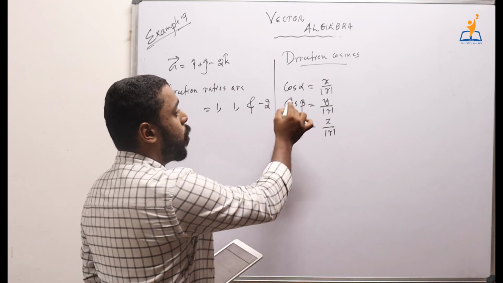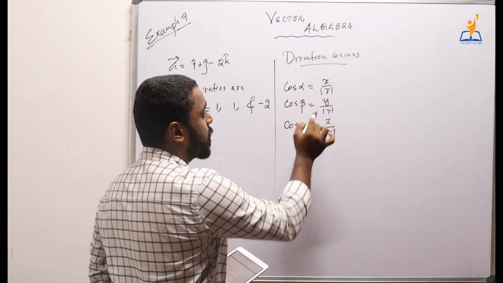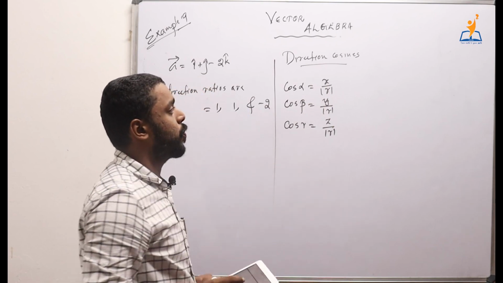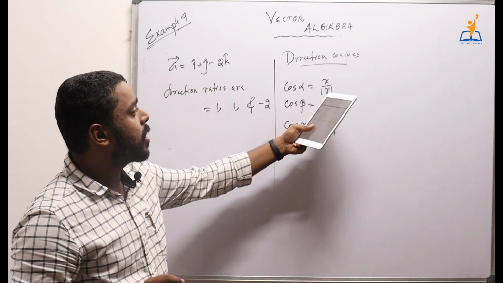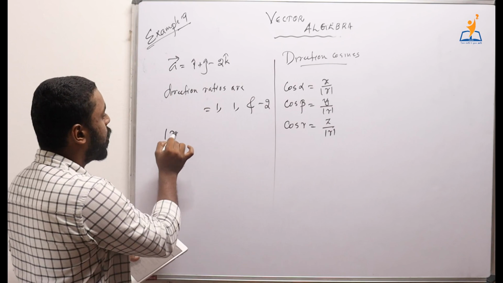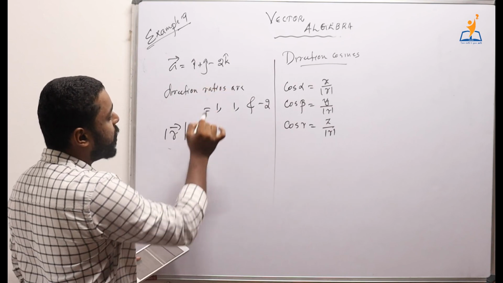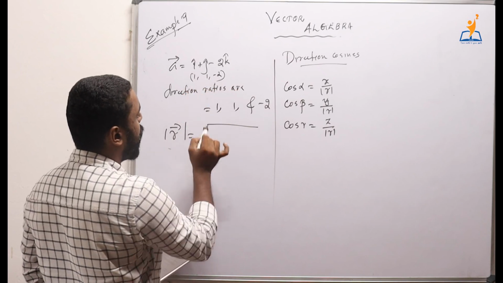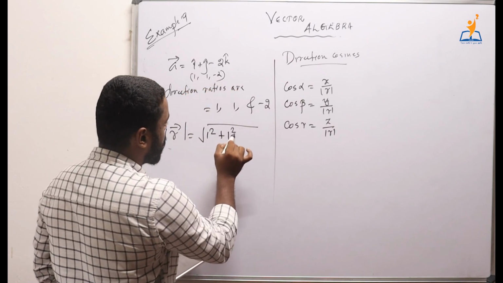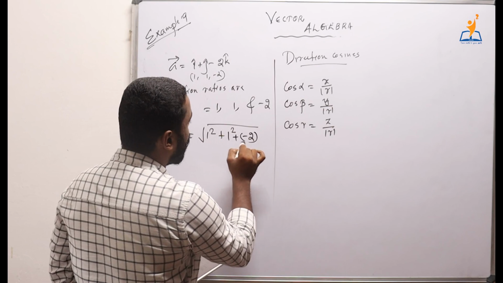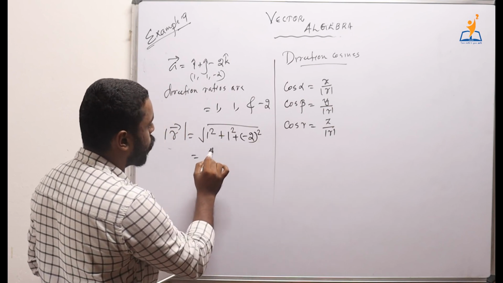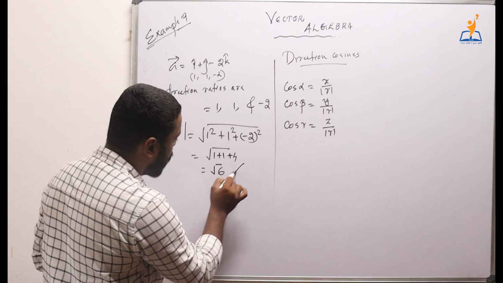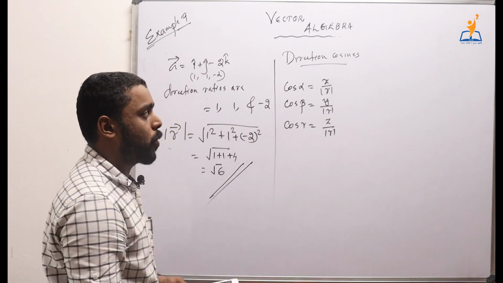Okay, now we have cos alpha, cos beta, cos gamma as this. We already know x, y and z, 1, 1 and -2, which are the direction ratios. And mod r is the magnitude of this vector, which is obtained by, here the point is 1, 1, -2. So we have 1 square plus 1 square plus -2 the whole square, which is equal to root of 1 plus 1 plus 4 equal to root 6. So root 6 equal to mod r.